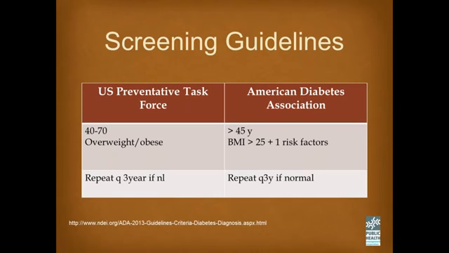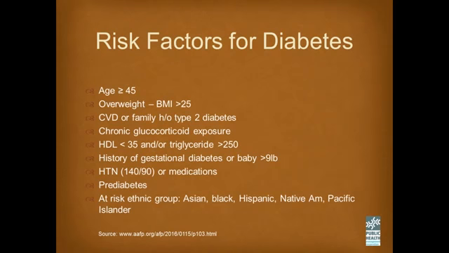Dr. Daly touched on some of these risk factors. For the adults, some of them are similar to the pediatric population, but we just mentioned that age is a risk factor. So again, over the age of 45. Dr. Daly spoke of weight. So anyone with a BMI over 25 is at increased risk of developing diabetes. Cardiovascular disease or a family history of type 2 diabetes or cardiovascular disease is a risk factor, as well as long-term steroid use, HDL less than 35, or triglycerides higher than 250.